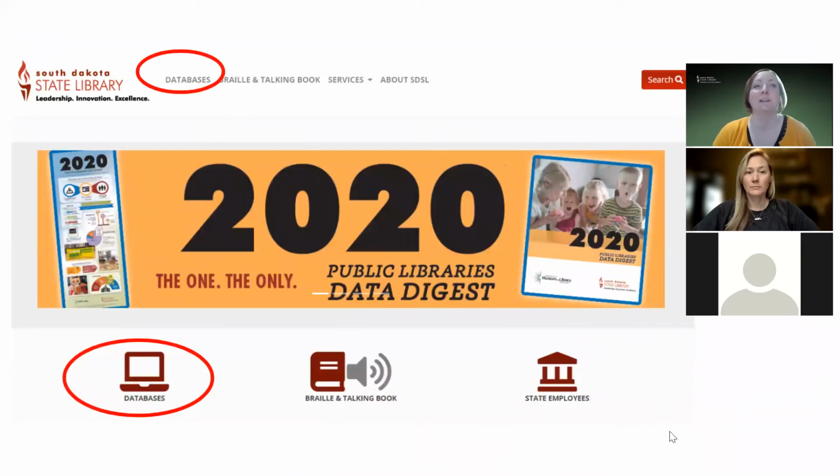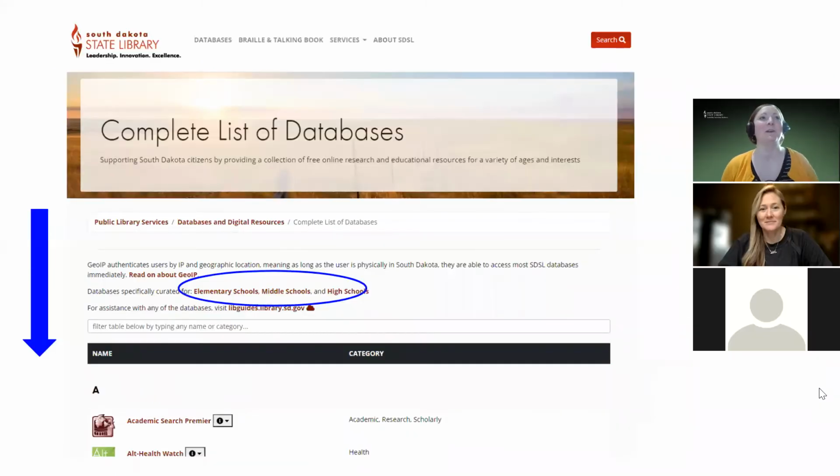So once you're at the State Library website, you can access the databases one of two ways. You can go to where it says databases at the top of the page and click on the link, or you can go a little bit further down below the banner and click on the icon. Once you click on either one of those links, it will take you to the complete list of databases page.